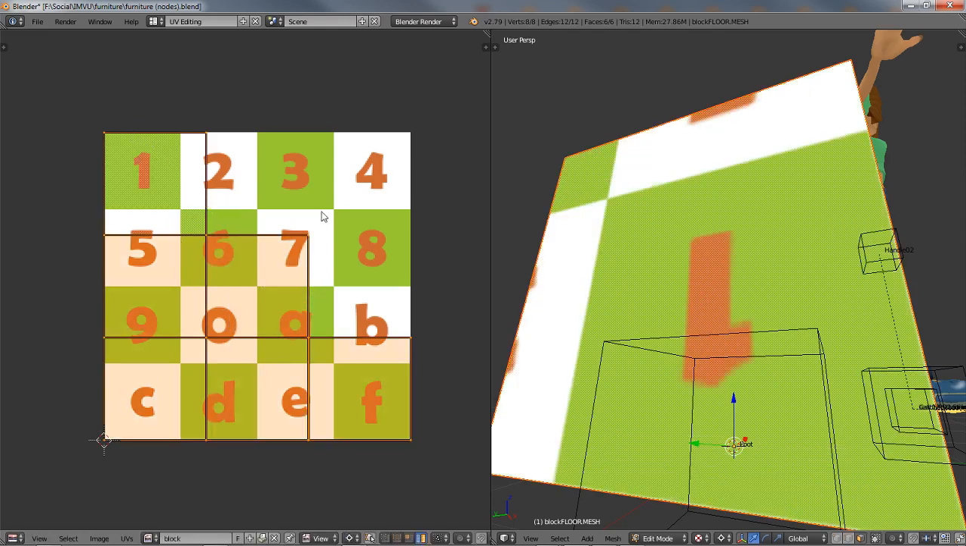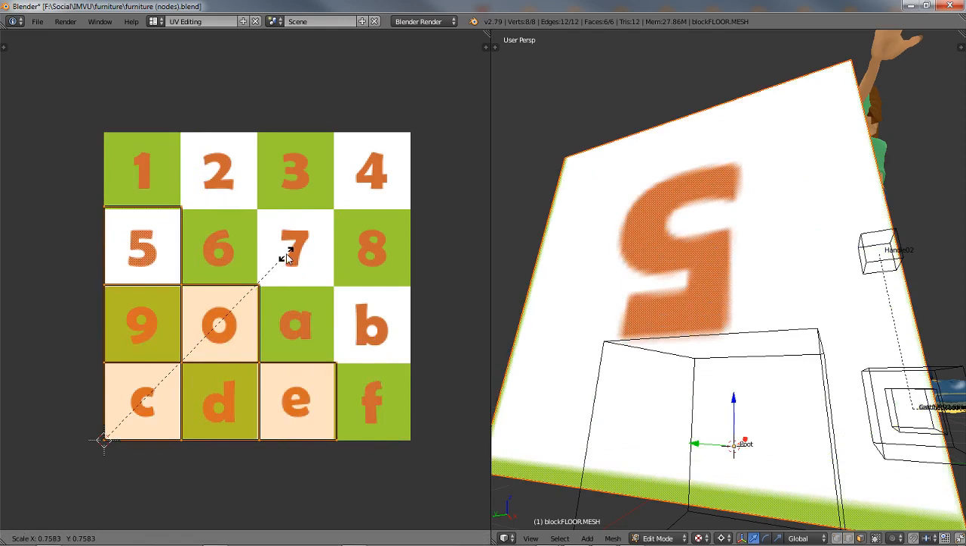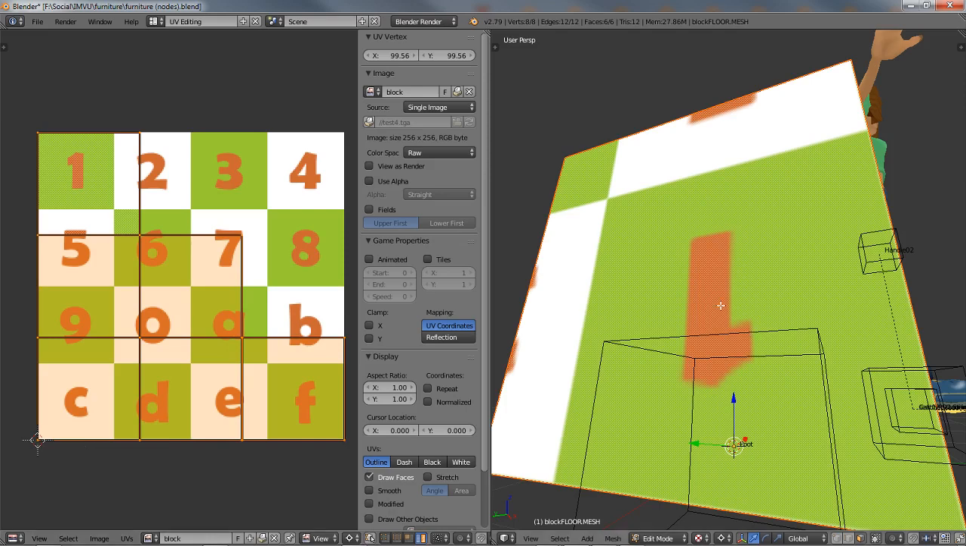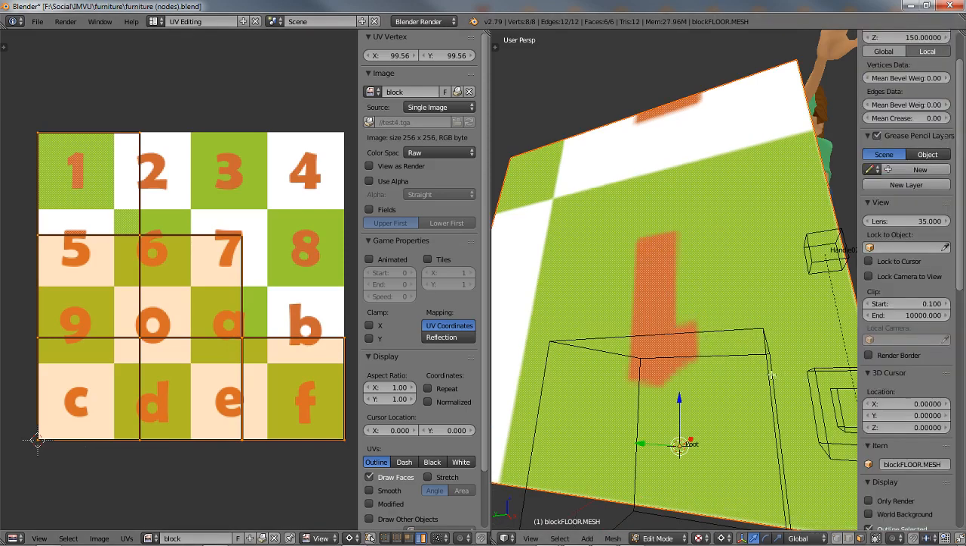We can use that to our advantage in the scale relative to that fixed point which is in the corner, and we can adjust that in properties. So if you press the N key in the same way that you can press the N key over the 3D view and you get that panel, the UV image editor has its own